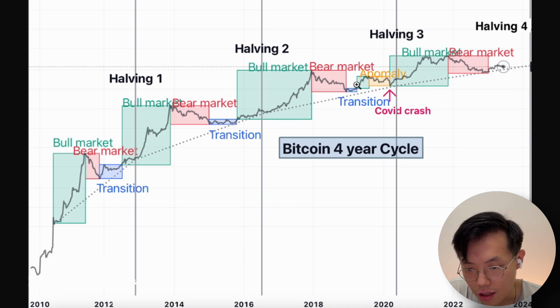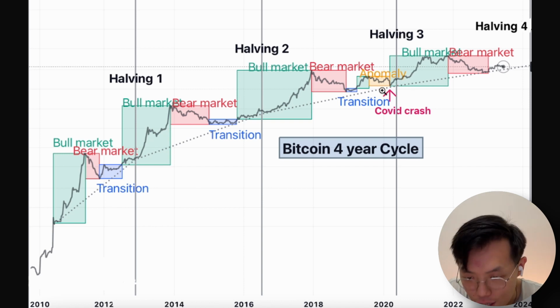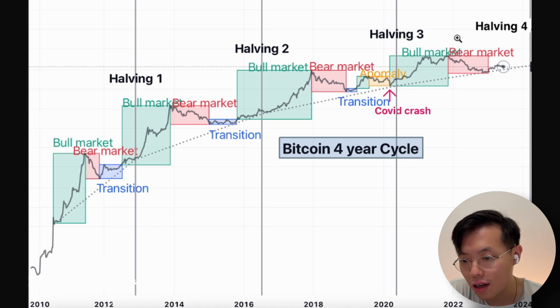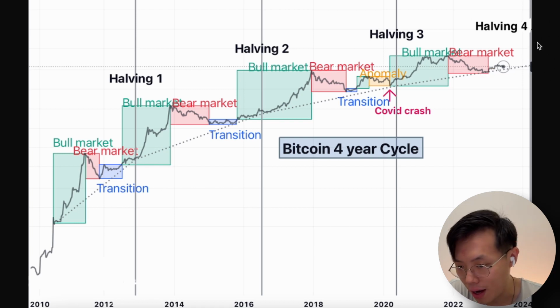So here's a bit of an anomaly, right? Because of the COVID crash and so on and so forth. But then again, similar things happen again. When it's close to the halving, it goes up again and turns back to the bull market. So again, approximately 1 year later, it goes down to the bear market again. So right now we're already at the fourth halving, already passed a bit about the fourth halving,